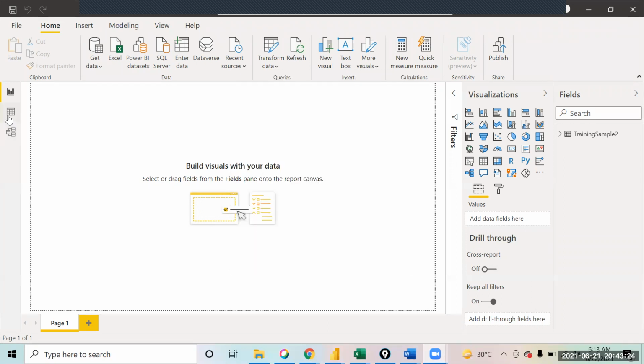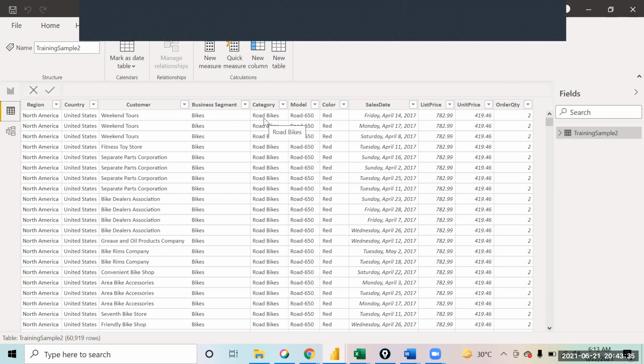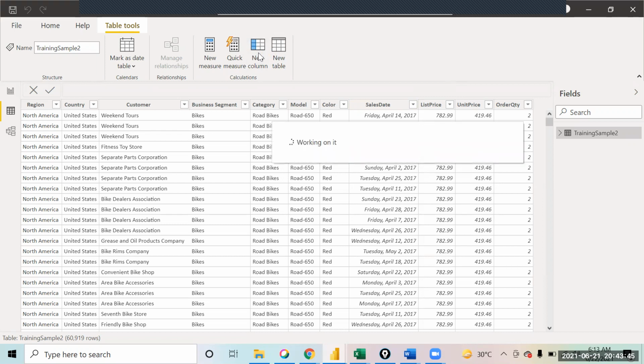So we will come into the data view and we will start making some new columns in this, right? We will explore a couple of functionalities in this. Columns are quite easy. You all will be able to understand it. The fun will be in the measures, where you will see how the calculations happen at runtime. So for example, what I want to do now is add a new column, right? So let's add a new column over here.